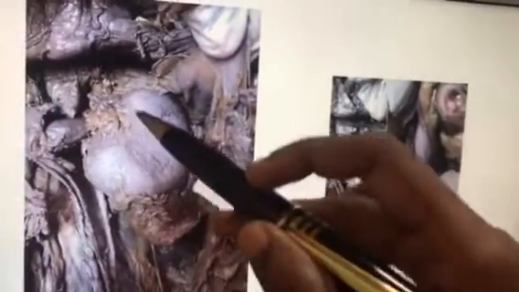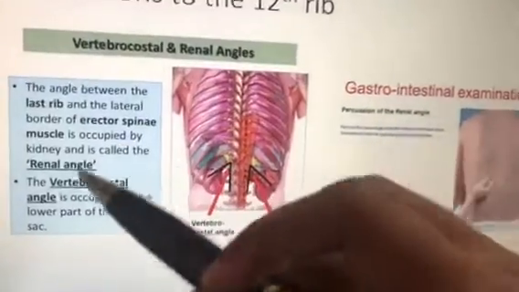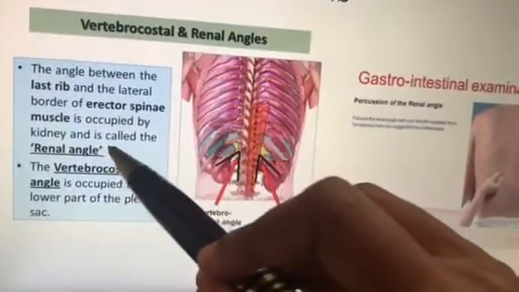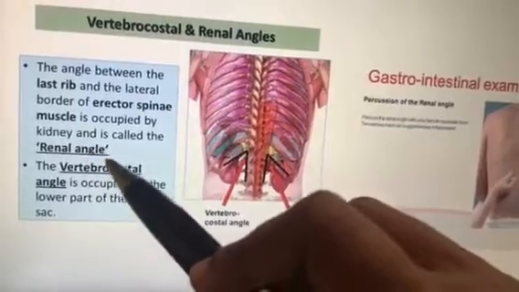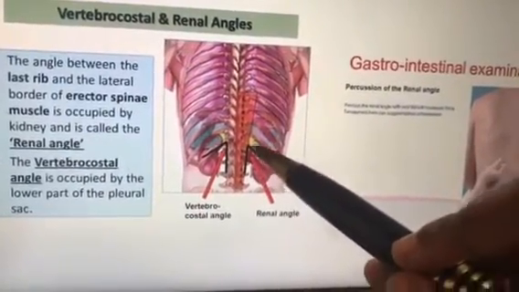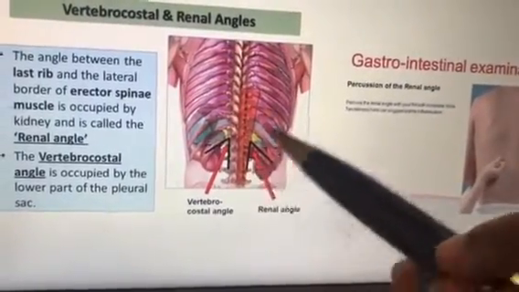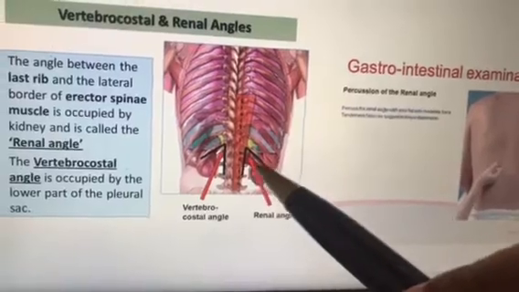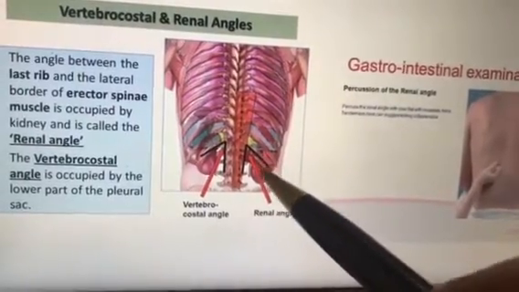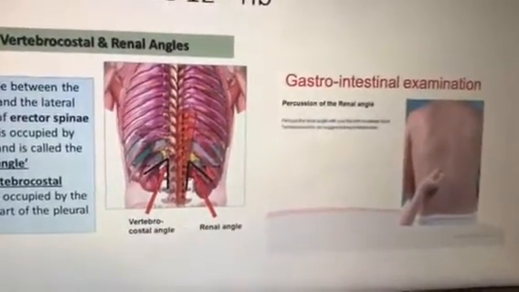And the next one, nicely you can see the thing. Now we are going to see the relations. Only one word you have to write about renal angle. What is renal angle? MCQ: it is between the erector spinae muscle and the 12th rib. 12th rib and the erector spinae muscle. This is very important MCQ. This is called renal angle, and this is the area where usually the doctor can elicit the pain in the patient, and through this posterior route only they go for nephrectomy.